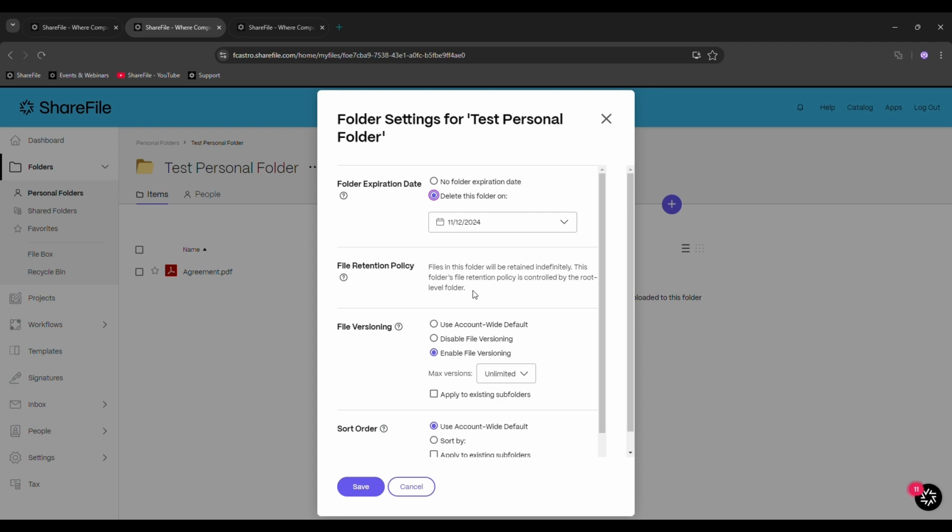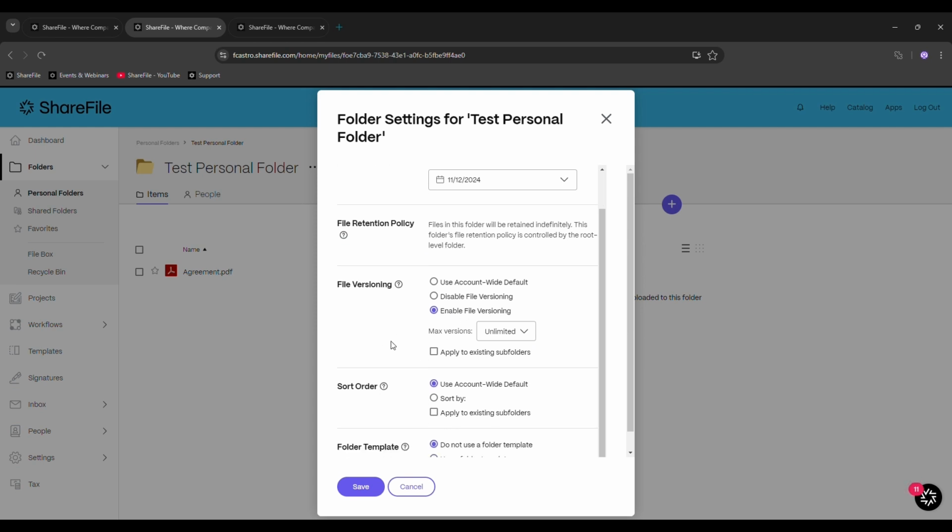So if you set a retention policy on the folder, after the amount of days that you have selected, all the files will be removed. If you select 30 days, you can upload a file, and the counter will start from 0 on that file, and after 30 days of the file being in that folder, it will be removed. So that's pretty much how it works.